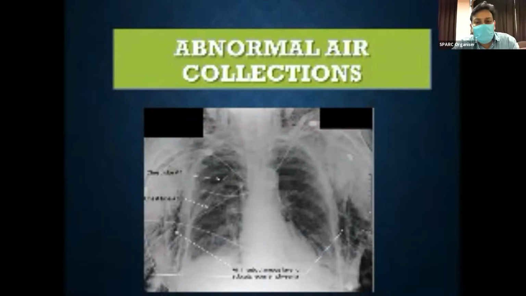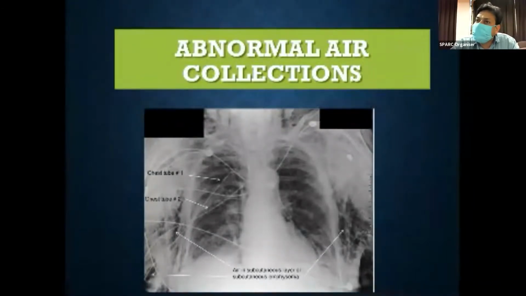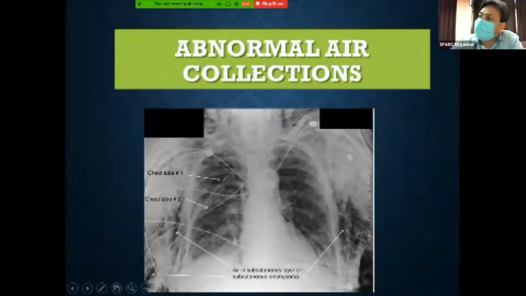Now coming to some of the abnormalities. On a chest X-ray, either we have an abnormality which produces decreased opacity, means more lucency, or it may cause increased opacity, means more whiteness. So like in this example, what we see, there are a lot of lucent areas in the chest wall. In the chest wall, we can see a lot of mottled kind of lucencies which are extending into the neck along the lateral chest walls.